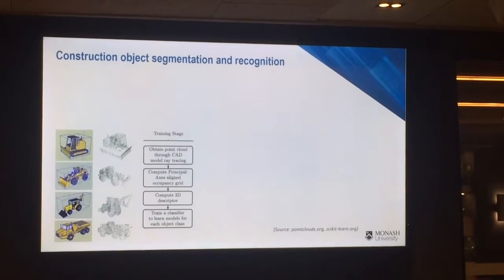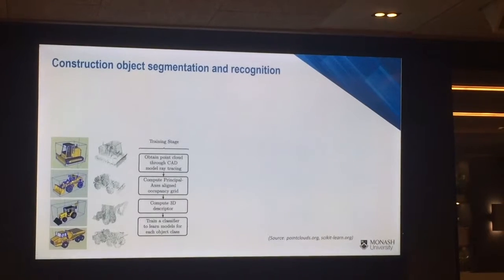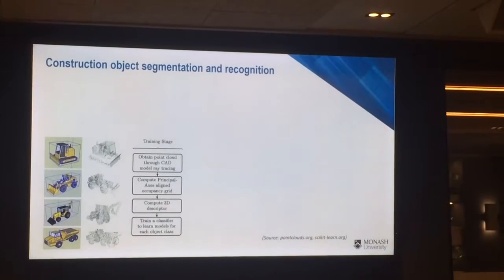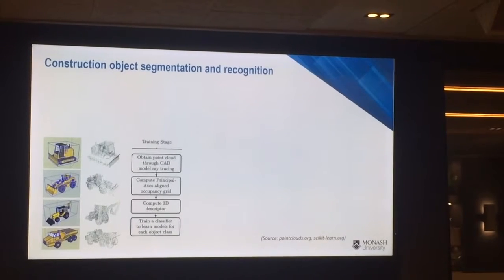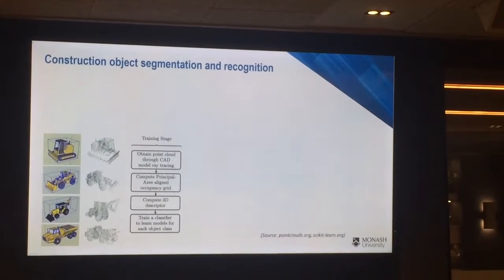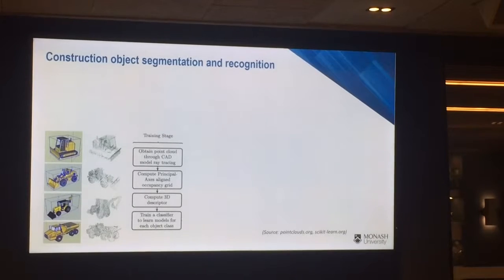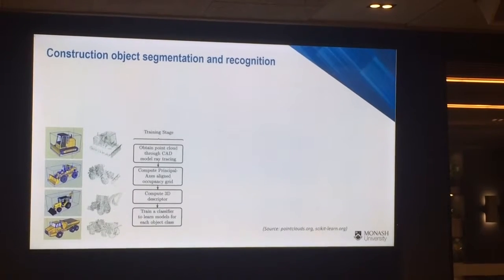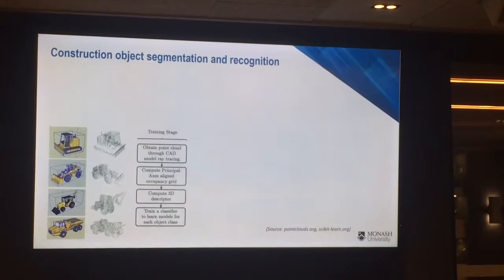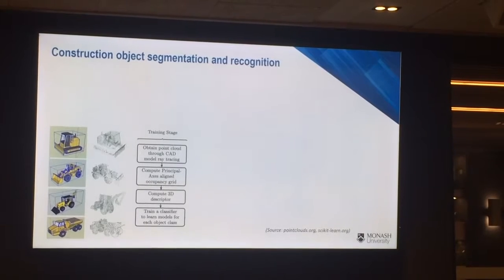Learning approach. Firstly, we customize a 3D descriptor using principal axis descriptor, and that will describe the geometric characteristics of different types of equipment. By the way, in this study, we just focus on different classes of construction equipment, for example, dozers, excavators, trucks, and so on. And we use the descriptors to describe their geometry